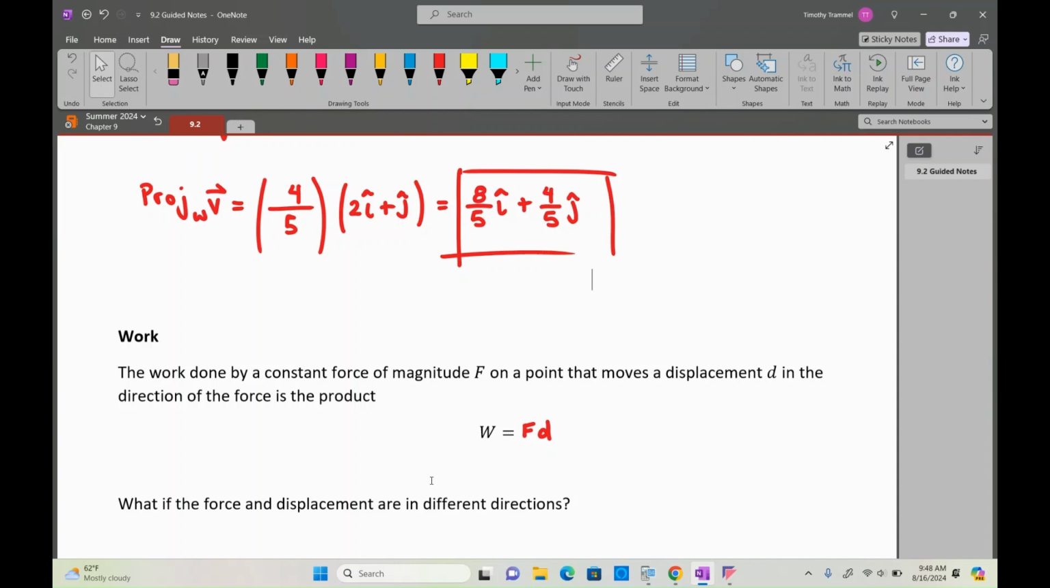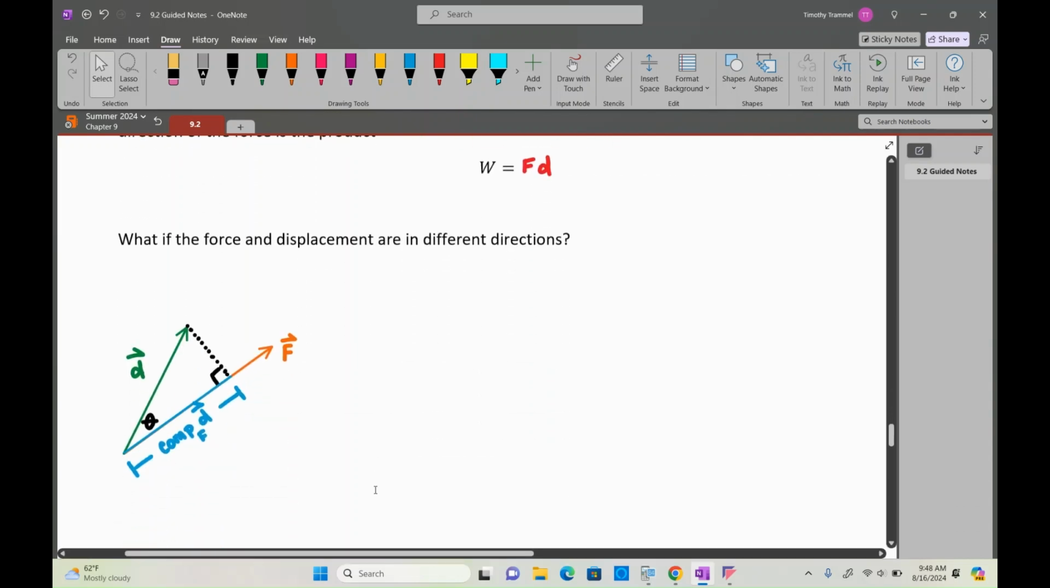Now, suppose these things are pointed in different directions. The force and the displacement don't need to be pointed in the exact same direction. So what we'll do is we'll just figure out,